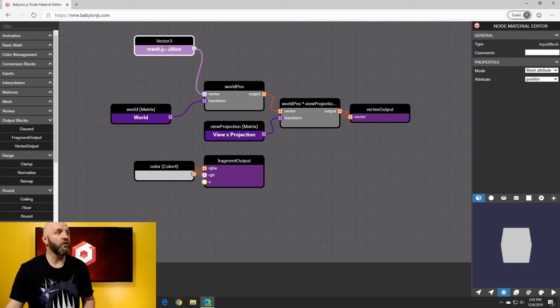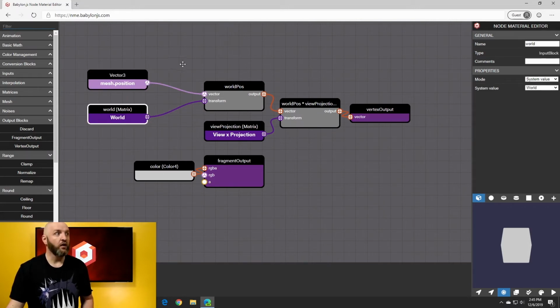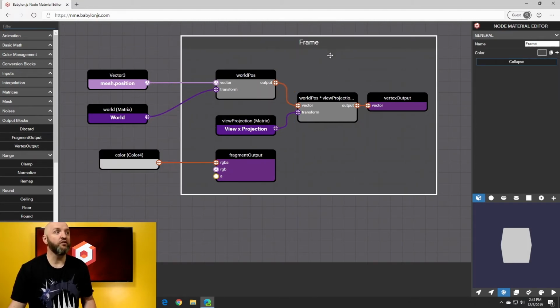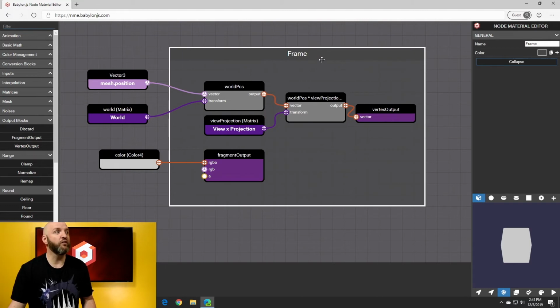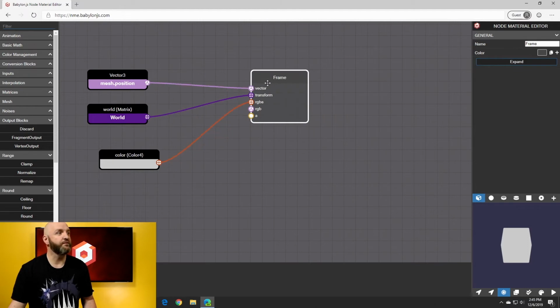Other stuff that we are working on are the frames. You can activate them by using the Shift key, maintained while you select stuff. So for instance, let me select all of that, and that's going to be a frame. When moving the frame, everything will move with it, okay? And you can then collapse the frame like that, or expand it. You can collapse the frame, and that's pretty convenient, right?